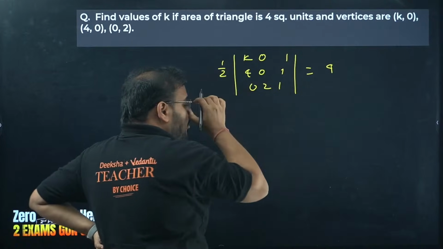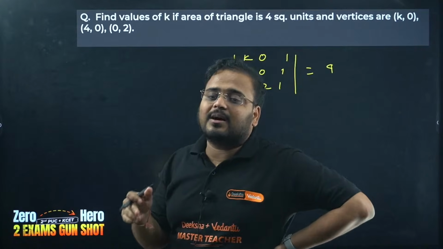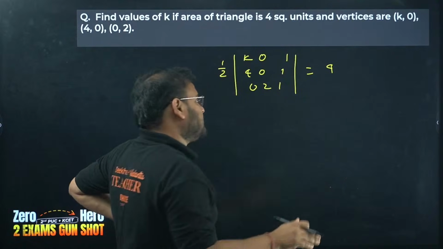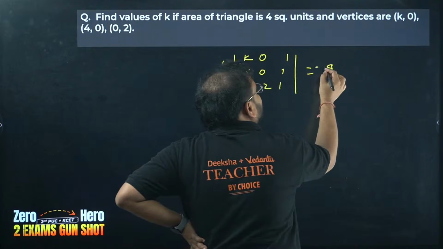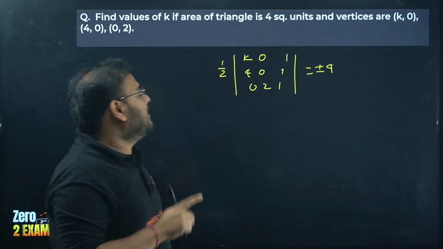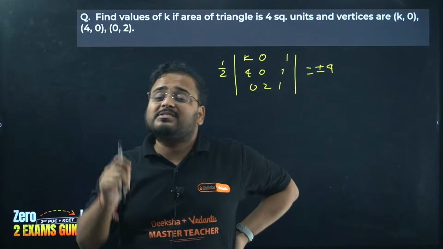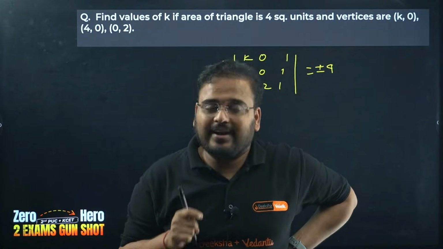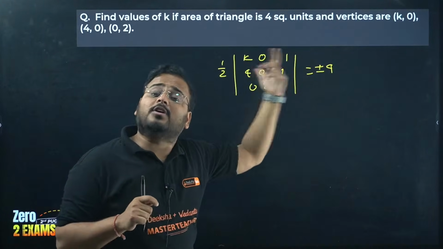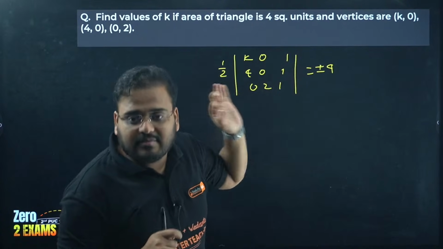Remember this, whenever we talk about area, this value can come out as negative also, because when we find the determinant, it can come out as negative. So when we talk about area, we always take both signs, plus and minus. When we solve the determinant, it may come out as negative, but when we are talking about area, we always take only the positive entity. So if this area was taken from a negative value, that can also occur. The chance is also there. That's why we take both plus and minus into consideration when we are solving for a determinant.